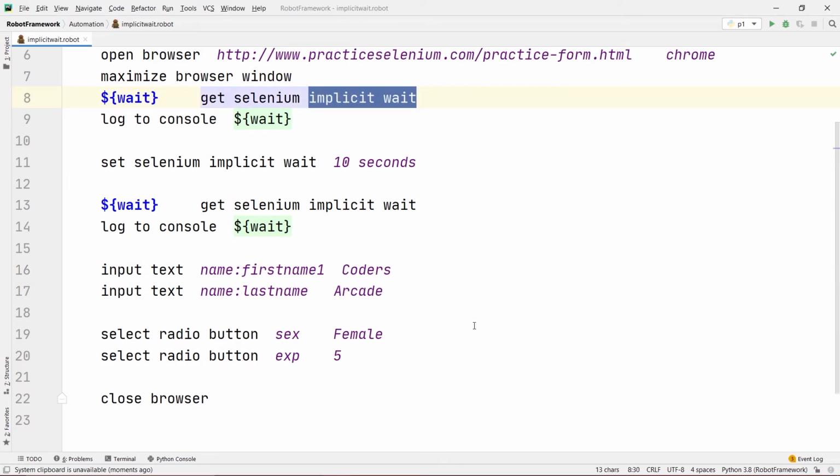Again, in this video, the whole idea of failing our code is to print the selenium implicit wait, because if our program passes, then we won't be able to see this implicit wait. So by this, we completed our topic, which is waits and timeouts in robot framework, and this is our code.